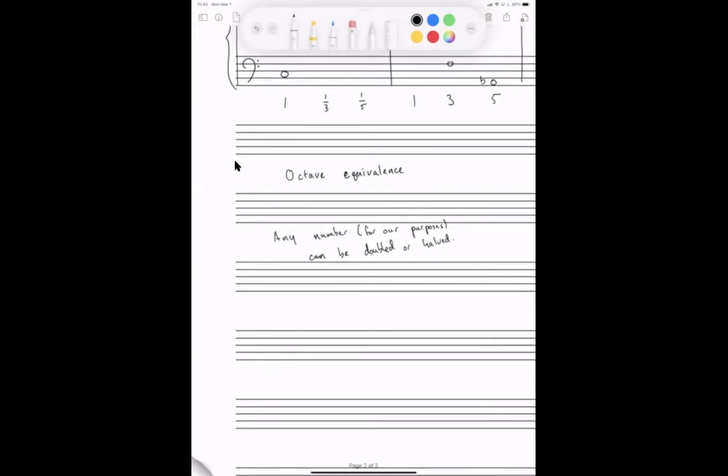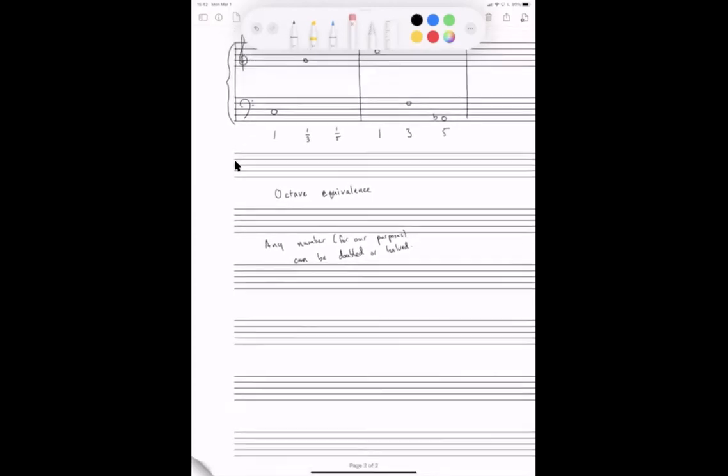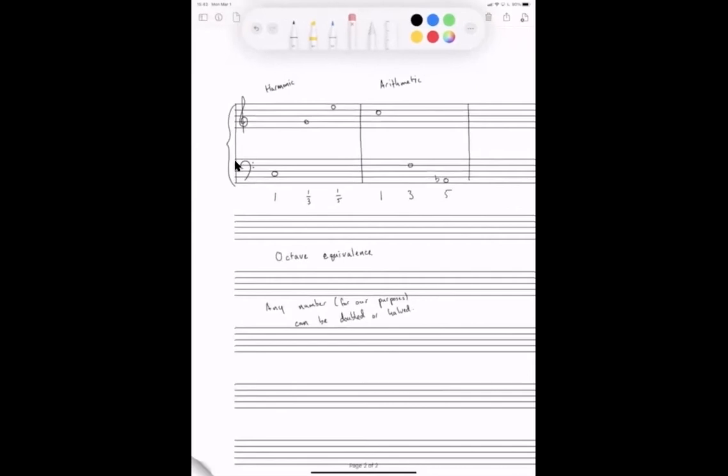So for instance, we could move the C up 2 octaves, right? That bass C. We're going to look at this first example, and we're going to move it up 2 octaves. And so we'll call that 1/4,